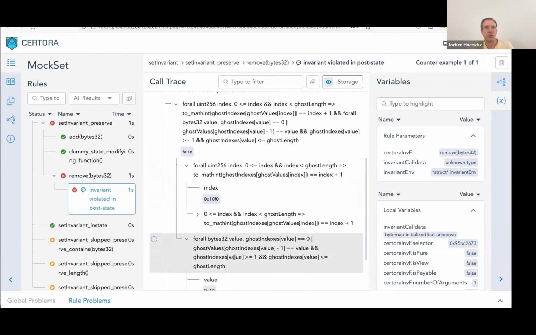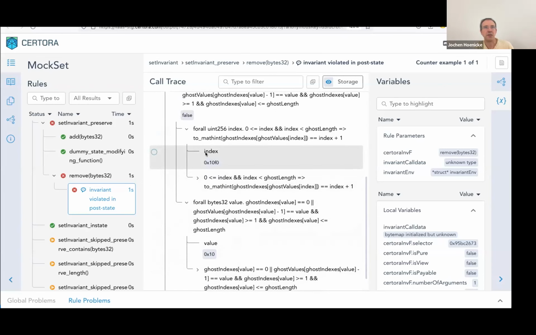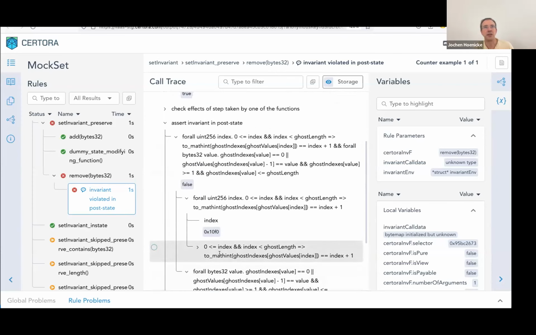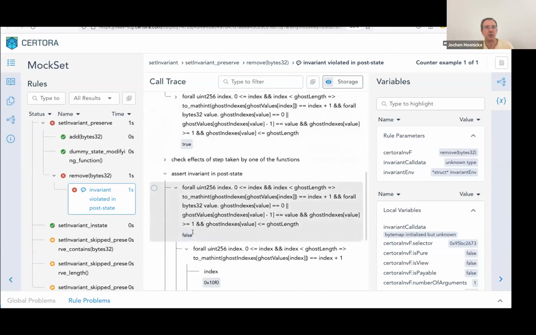And for both, there is a counterexample. So for the first, if the index is 0x10f0, it's a counterexample. And for the other, we have this value that is a counterexample. And then you can try to figure out why this happened and also look into